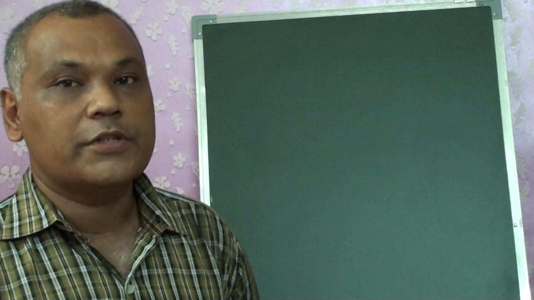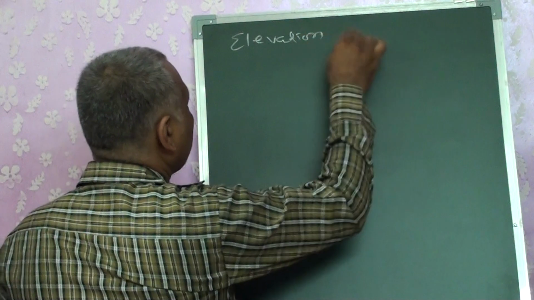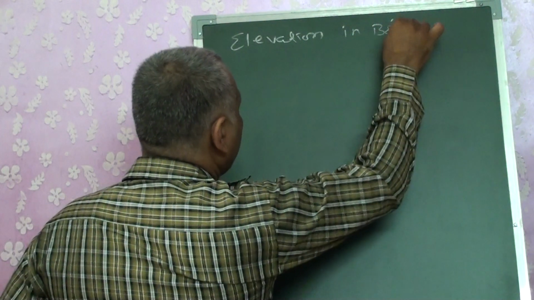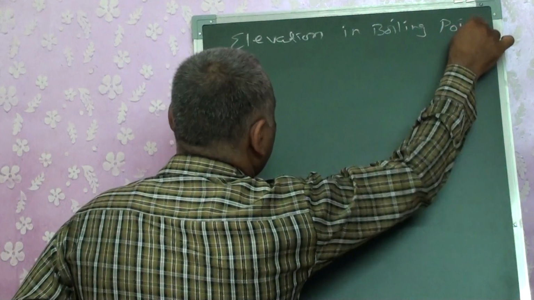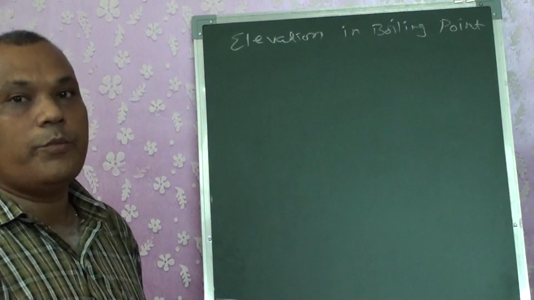In the last lecture, we were discussing the colligative properties. We saw that in our syllabus we have 4 colligative properties: relative change in vapor pressure, elevation in boiling point, depression in freezing point, and osmotic pressure. We said we will discuss each of them one by one. We also discussed relative change in vapor pressure in the previous lecture. Today in this lecture, we'll discuss elevation in boiling point.